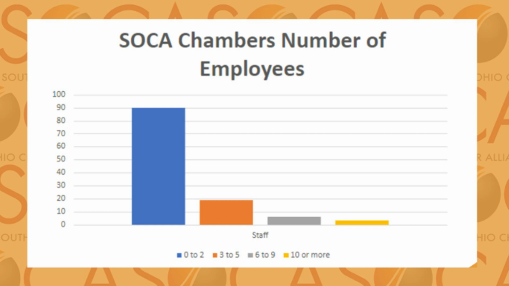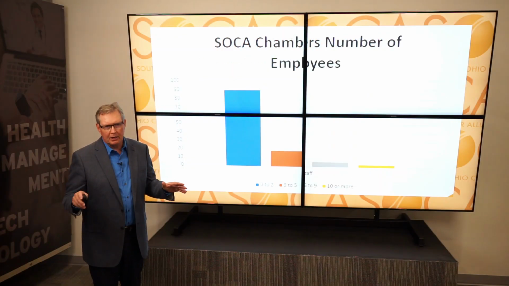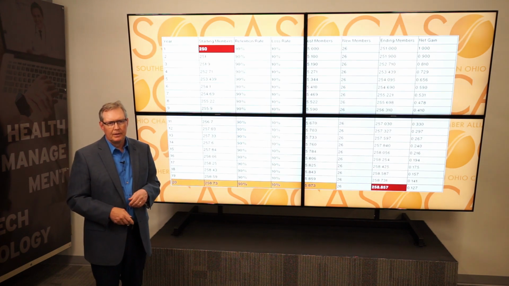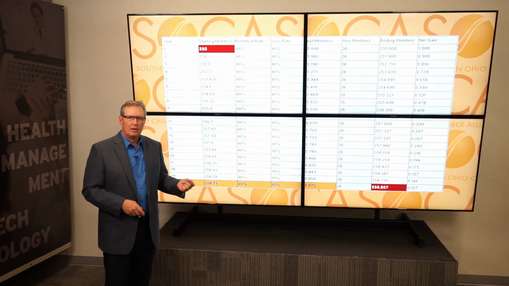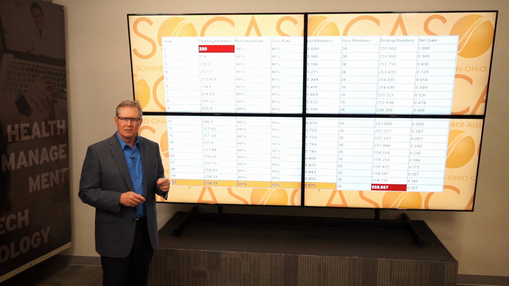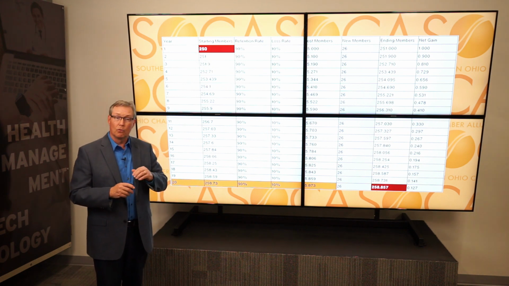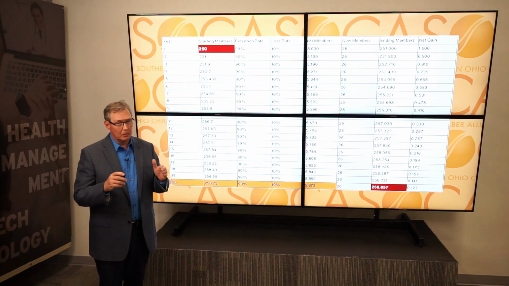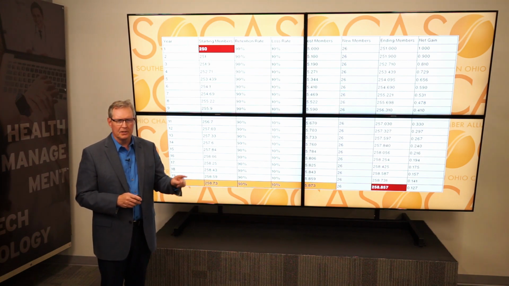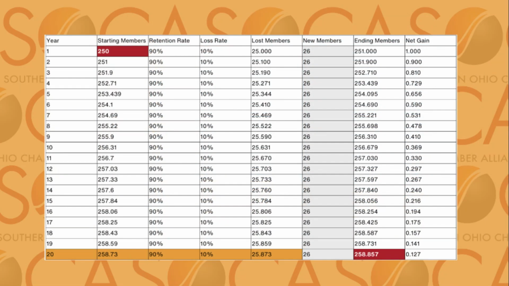Membership retention and recruitment rests upon their shoulders in addition to everything else that's happening at the chamber. In our example, 90% retention is excellent performance. Gaining 1 new member every 2 weeks for 1 full year is also good performance for a staff of that size. And yet, starting with 250 members, here's the impact of that consistently good performance over the course of 20